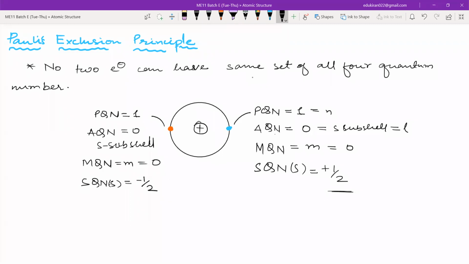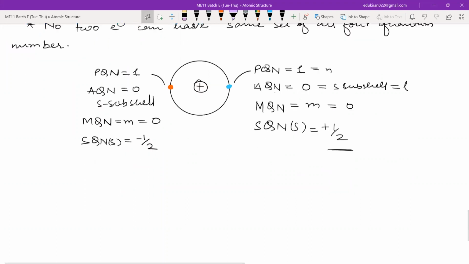So that is why we say that no two electrons can have the same set of all four quantum numbers. The three quantum numbers can be the same, but the last will always differ. You will have at least one quantum number which is different, but you can have more similar. Three can be similar, one can be different. But you may also get cases in which all four are different. Now, we have written both the things. I hope you have written Pauli's exclusion principle.